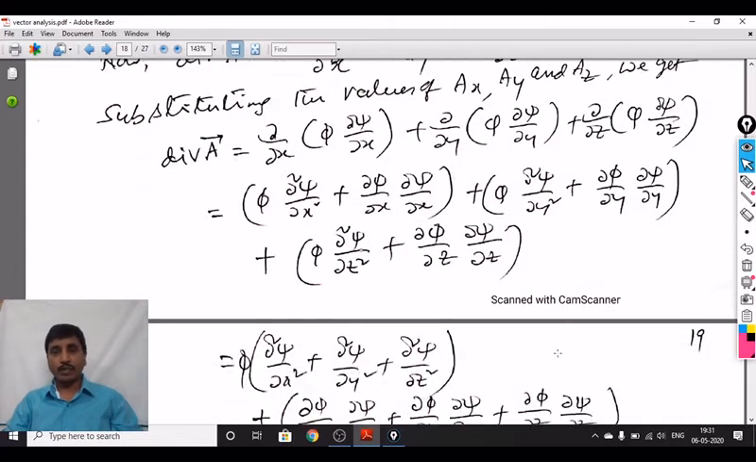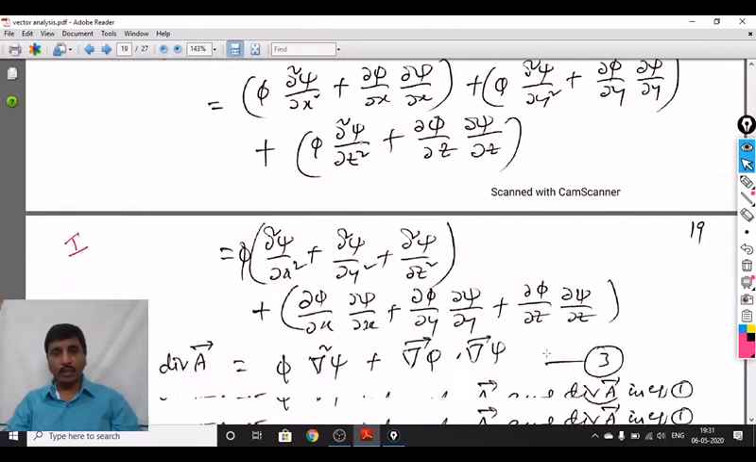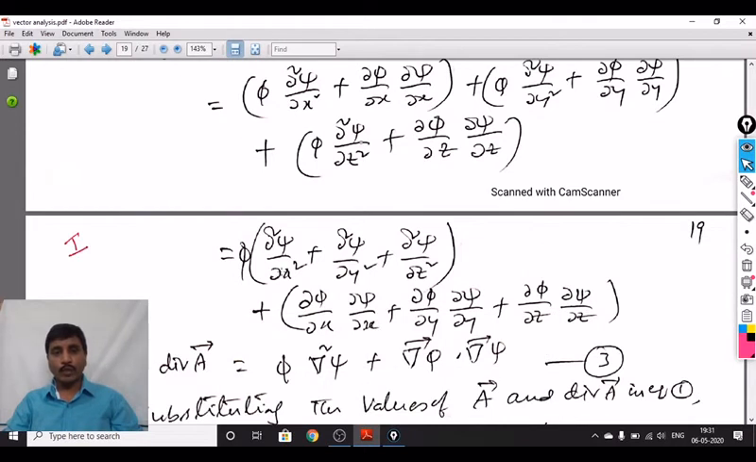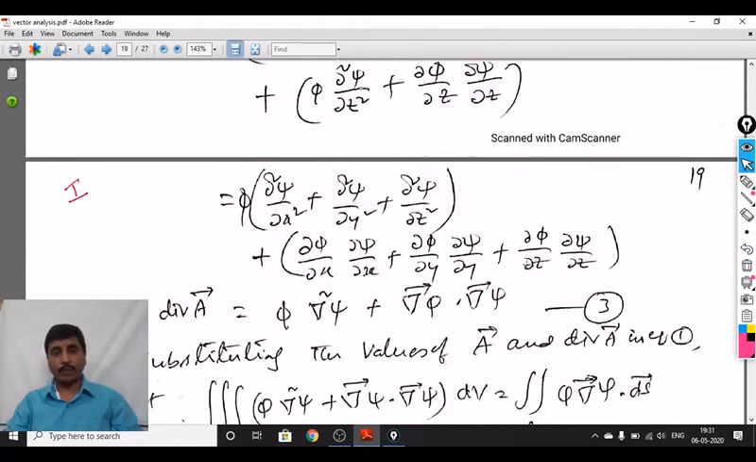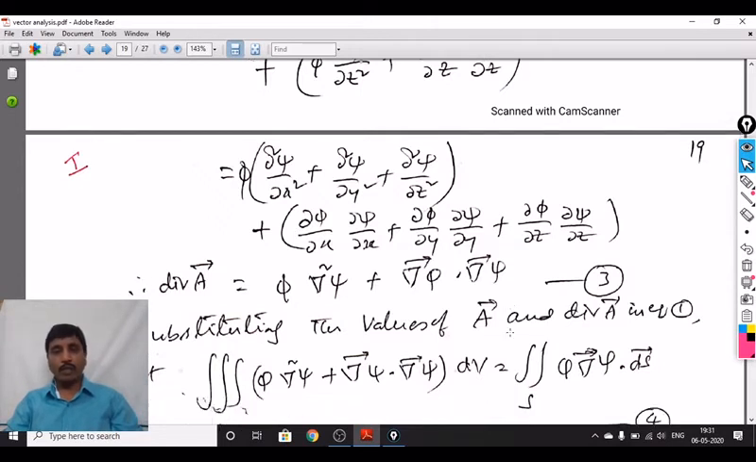In this equation, the terms can be rearranged as phi into dou square psi by dou x square plus dou square psi by dou y square plus dou square psi by dou z square, plus dou phi by dou x into dou psi by dou x plus dou phi by dou y into dou psi by dou y plus dou phi by dou z into dou psi by dou z. This can be simplified as div A bar is equal to phi del square psi plus del bar phi dot del bar psi. Now from equation 2 the value of A bar and from equation 3 the value of div A bar